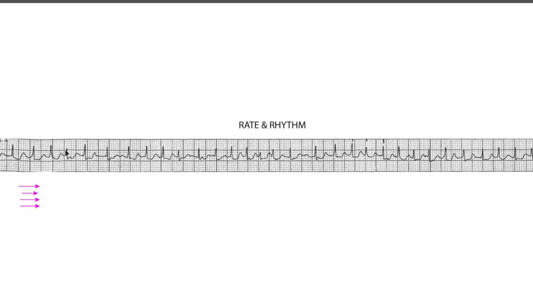this is looking pretty aggressive. Okay, it's a very aggressive looking ECG. It's fast. The R to R is irregular, and